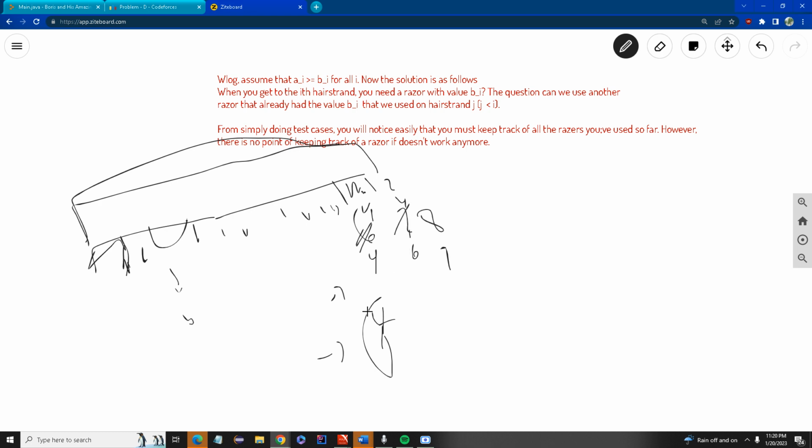So there's no point of keeping track of 4, because even if I had some future value, like 10, that needed to be 4, I couldn't even use it on this entire segment because it's going to spoil this hair. It's going to ruin this hair. So you couldn't even use it on this entire segment, so you don't keep track of it. I know this idea is vague, but it's basically just saying keep track of all the razors, and if it doesn't work anymore,